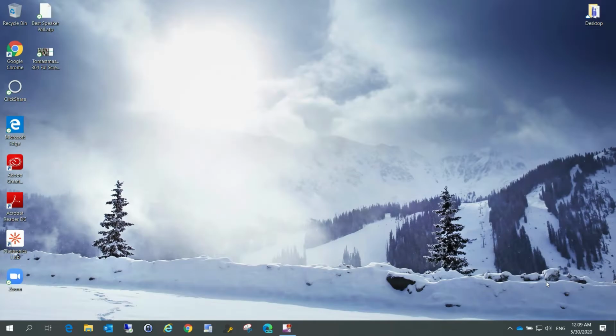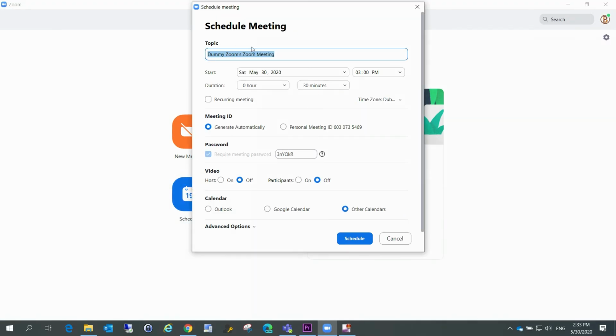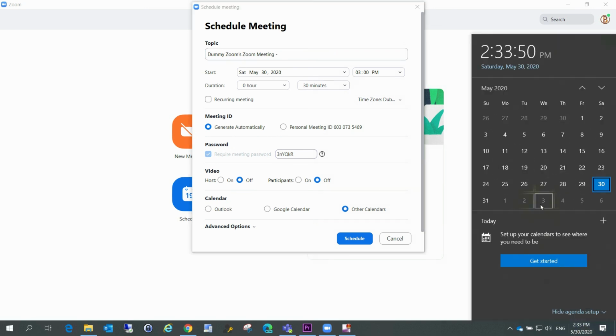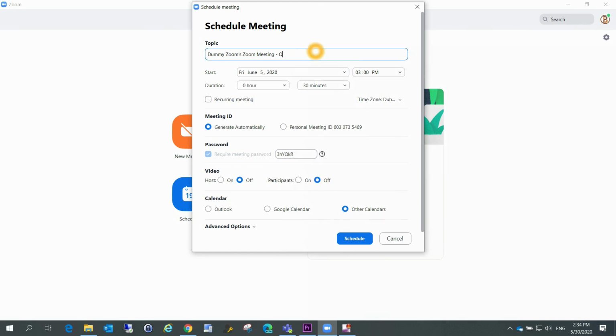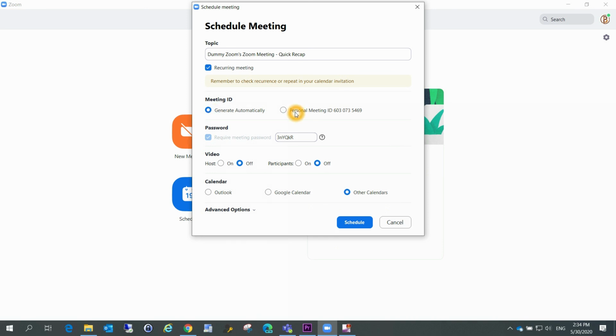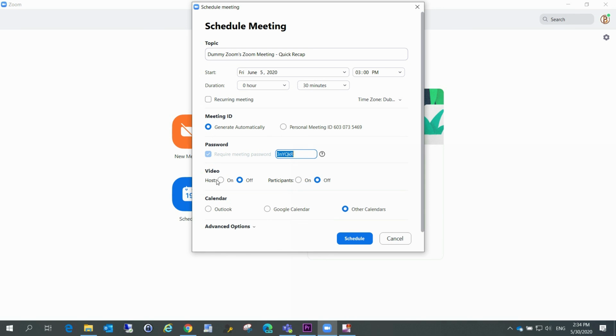So finally, we are into the scheduling a meeting option. Usually, we use this option a lot because we don't get into a meeting as and when we speak. So we schedule a meeting for a later period. You can use this schedule a meeting option and choose the time. Please note that a Zoom meeting on a free account can only last up to 40 minutes. So you need to ensure that you choose the meeting for that 40 minutes and that people are joining the meeting on time.